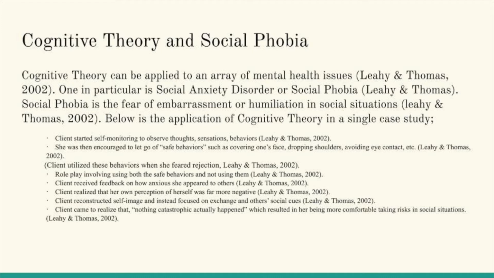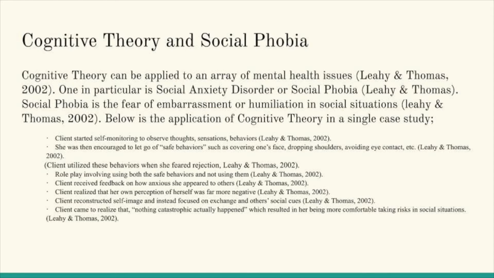Client utilized these behaviors when she feared rejection. Role play involving using both safe behaviors and not using them. Client received feedback on how anxious she appeared to others. Client realized that her own perception of herself was far more negative. Client reconstructed self-image and instead focused on exchange and other social cues. And lastly, client came to realize that nothing catastrophic happened, which resulted in her being more comfortable taking risks in